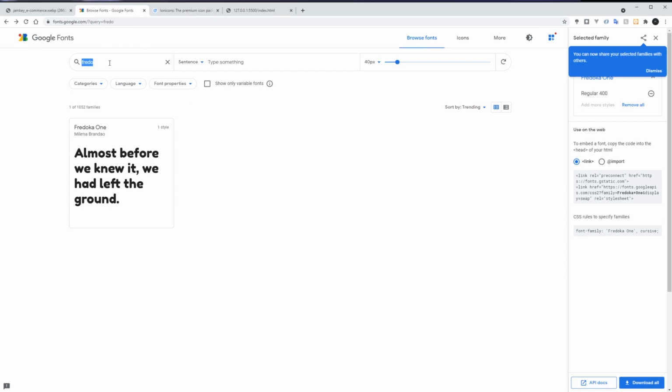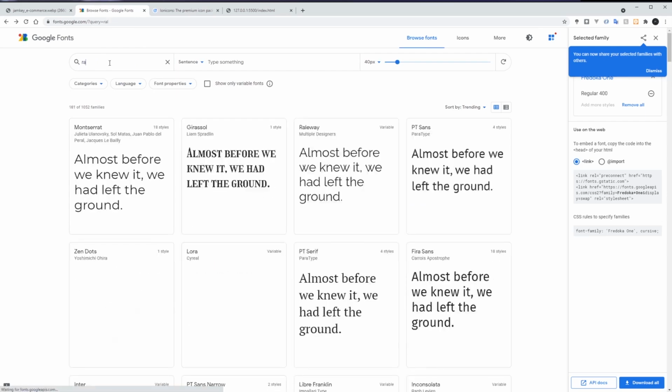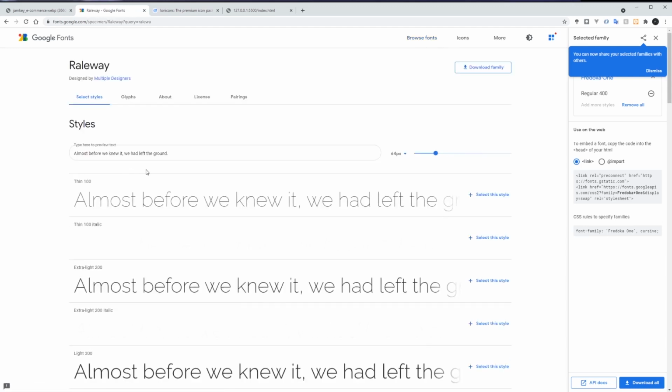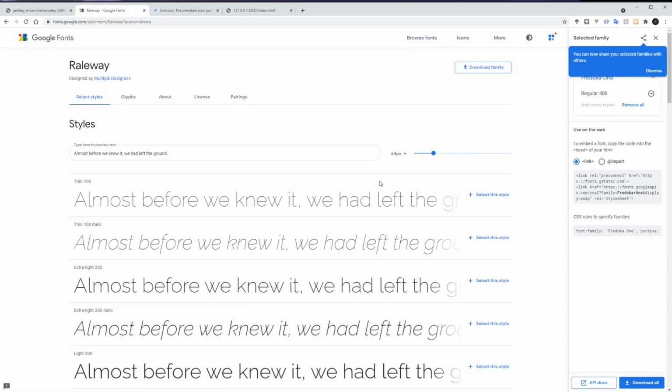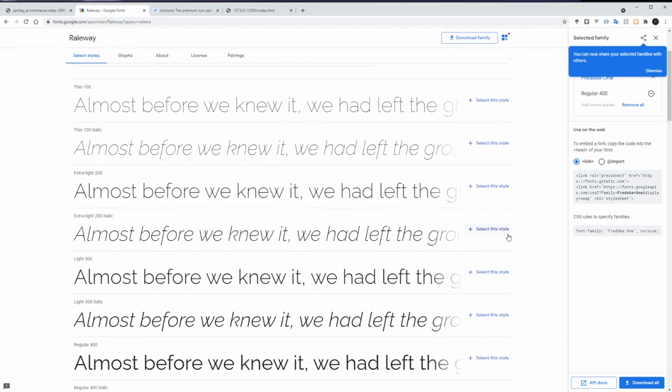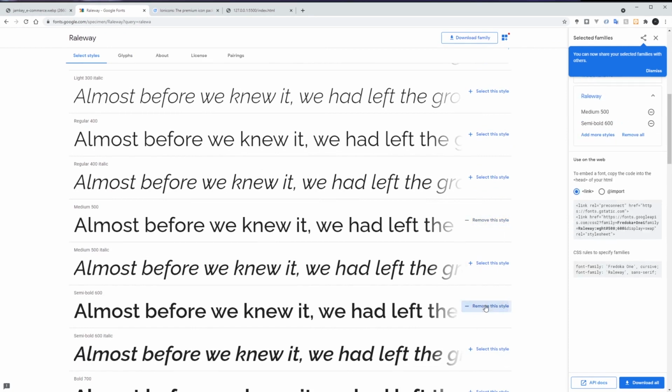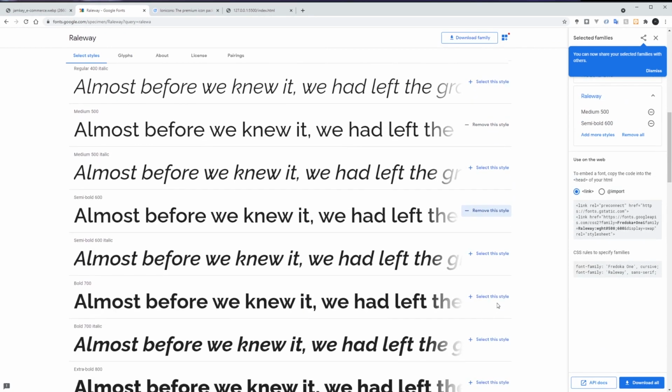The next font we need is Raleway. So I'll select this Raleway, then we'll select 500, we'll select 600, 700 or 800.